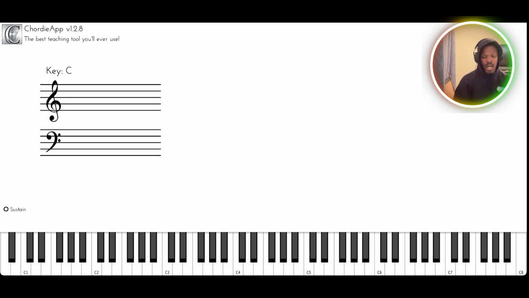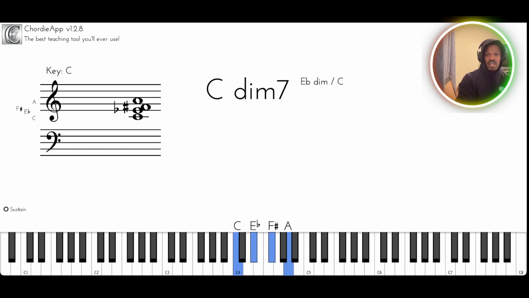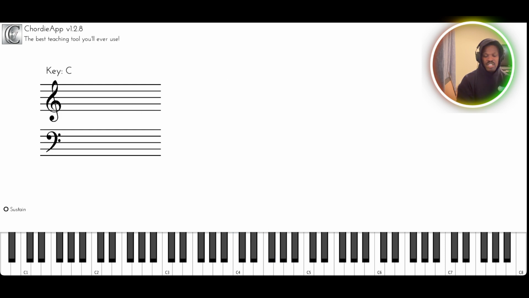So when I do my passing chords on the 5, if I'm about to land on the 1, I like to do a diminished 7 chord. So for our example, in the key of C,